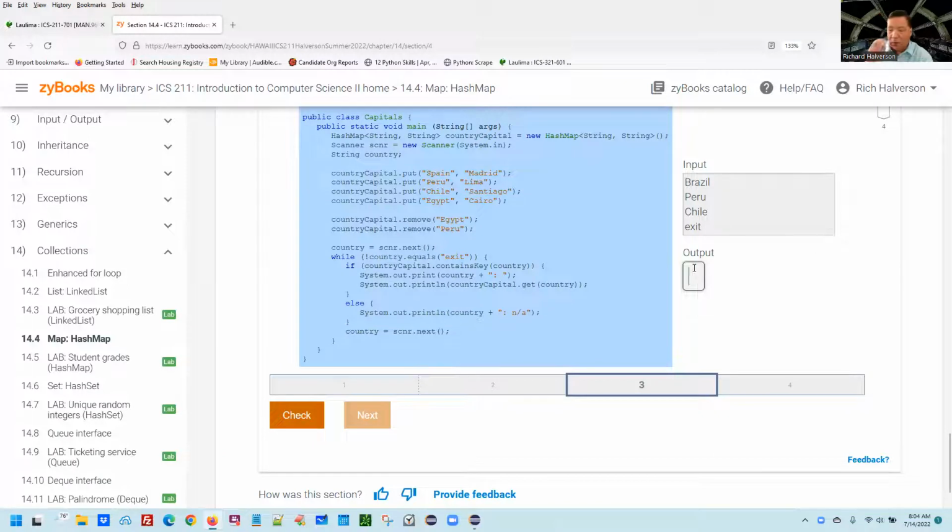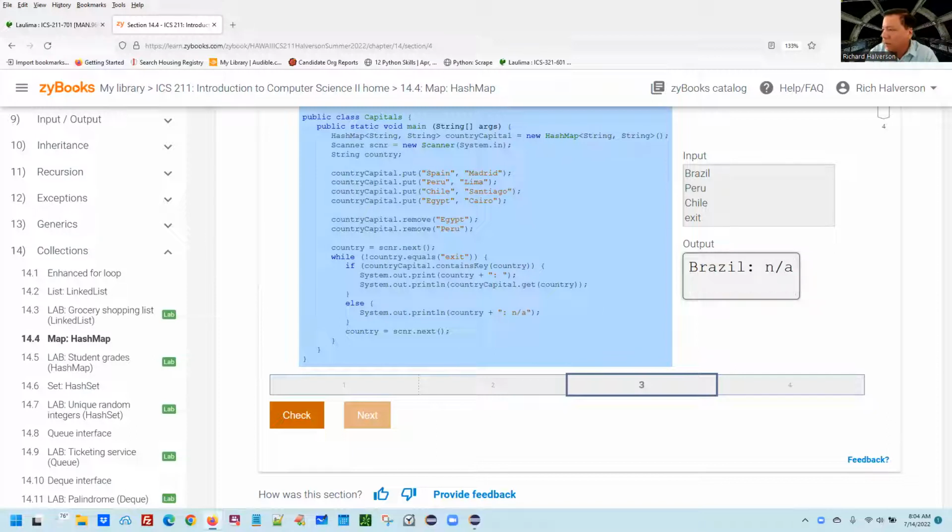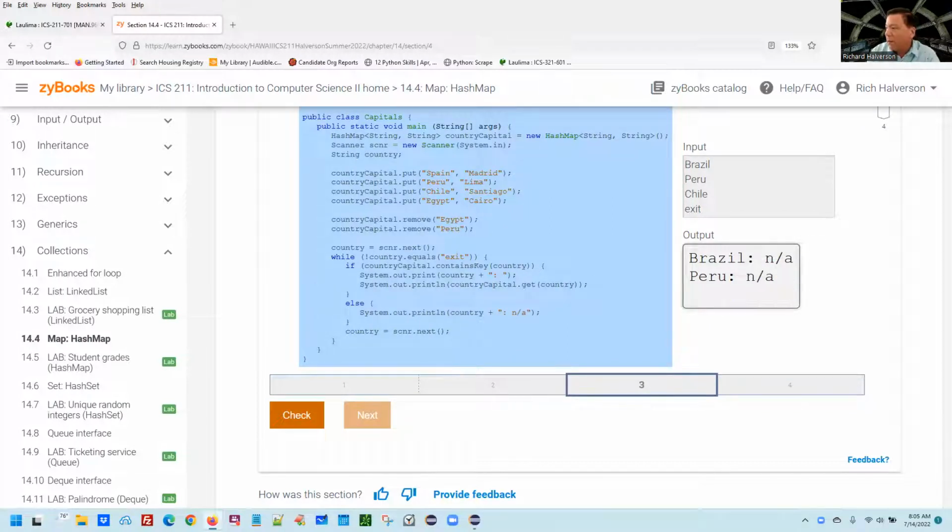So what are we going to print out here? First of all, Brazil is not in there, is it? So we're going to say Brazil colon space N/A. And next we're going to do Peru colon. Peru is not in there anymore, N/A. And the third one is Chile,